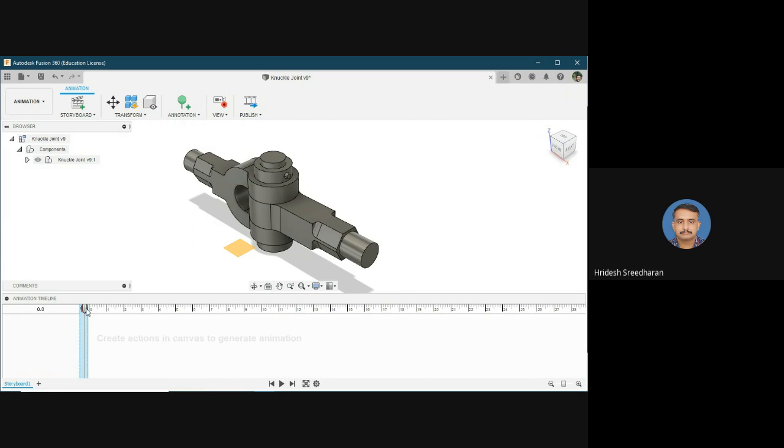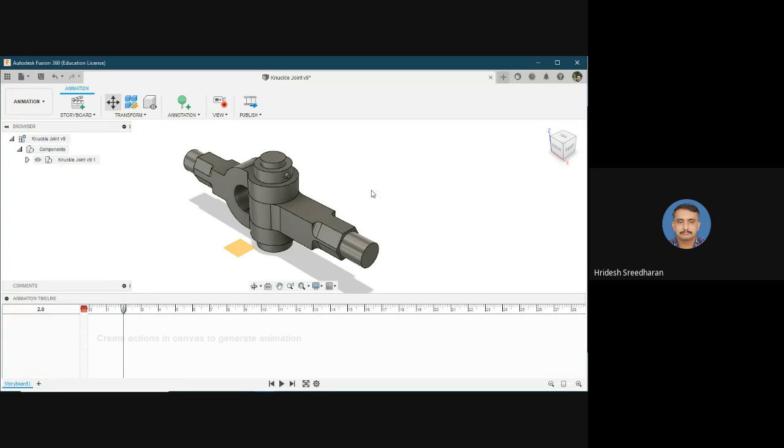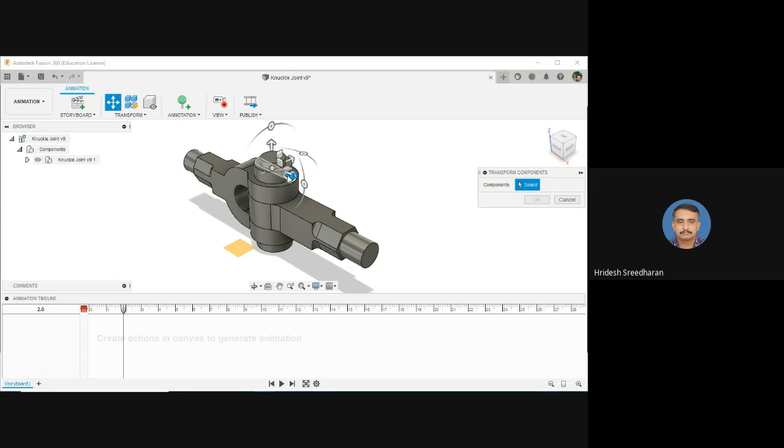So in the storyboard or the animation timeline, let me move this cursor some 2 seconds forward. And then first I am going to move this taper pin backwards. Take the transform components, select the component. You will get options to do the transformation in all directions.